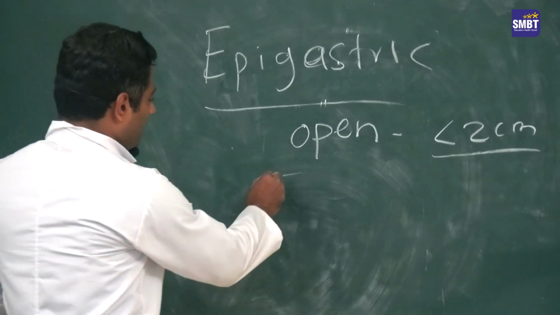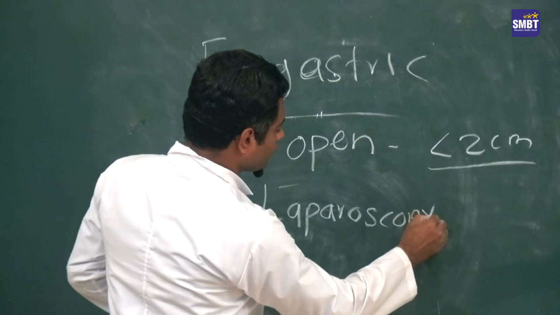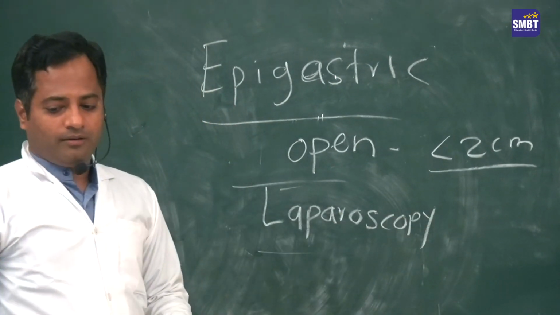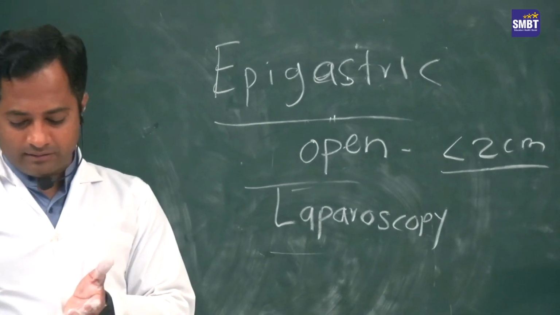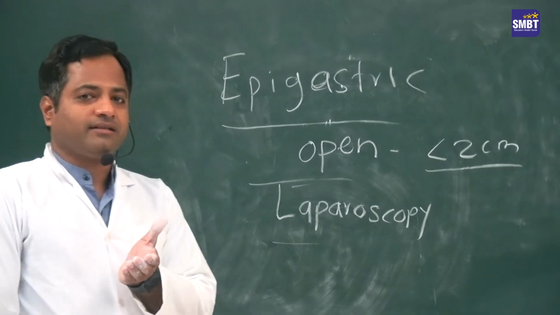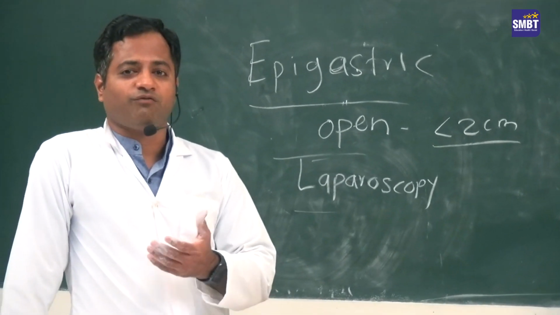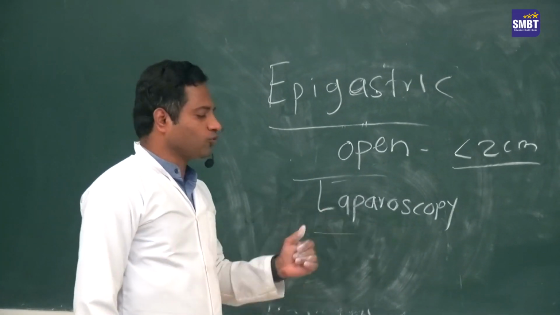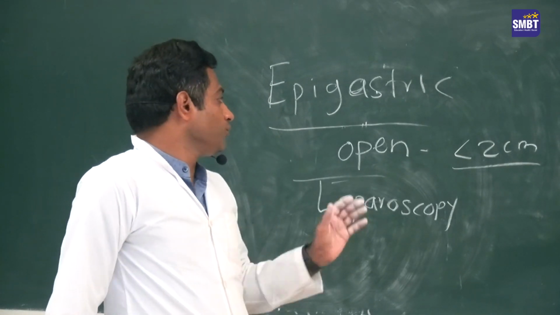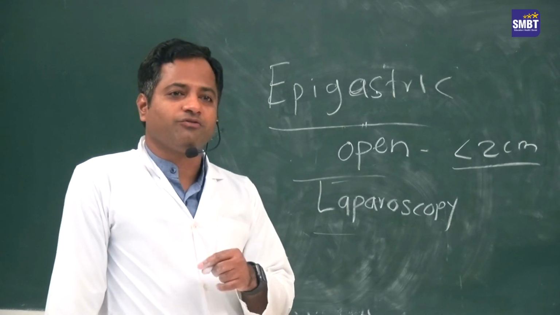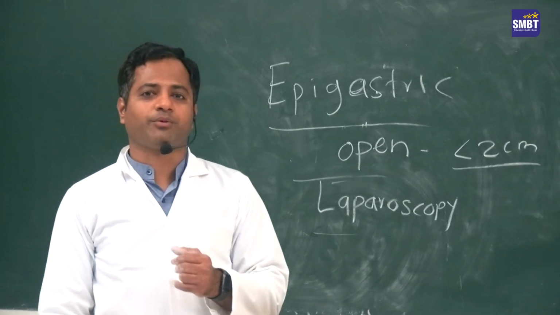Okay, again laparoscopy can be used, but as you know, what is the intra-abdominal structure present near the epigastric region below the anterior abdominal wall? It is the falciform ligament. So on laparoscopy, sometimes the defect is not visualized, or is not seen due to this falciform ligament. Or sometimes the defect is so small that there is no proper hernia sac, no peritoneal sac. There is only extraperitoneal fat.